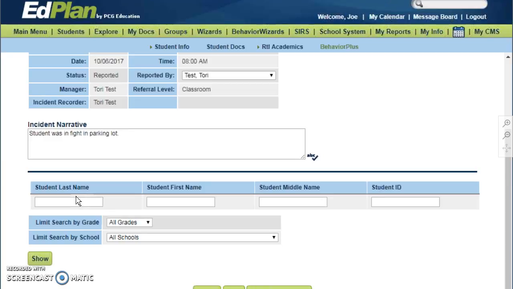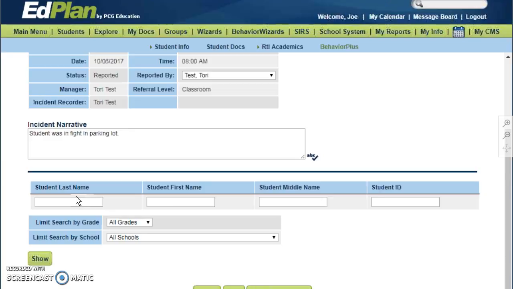The classroom level referral would be like if I'm a teacher, I noticed a student cutting class. It was one of my kids. I recorded it. I knew that they were supposed to be in Miss Smith's class during that hour. I'm going to refer it over to her so that she could finish out the incident and say, that didn't come through. School level referral, though, is something like an incident like this where there was a fight,